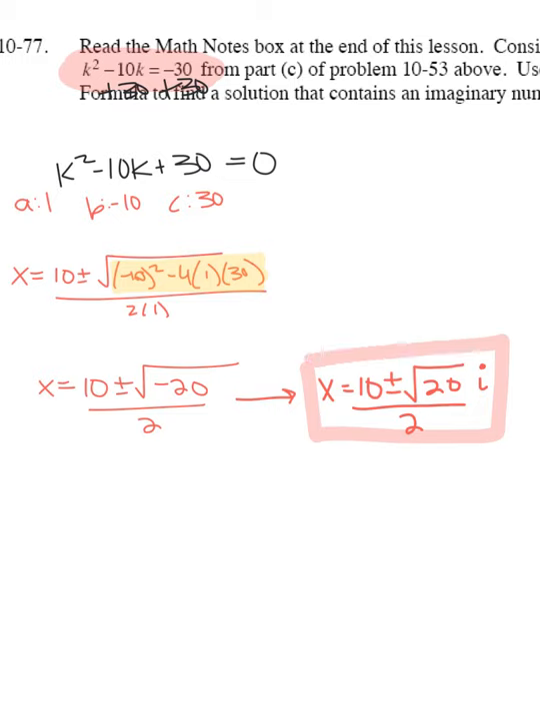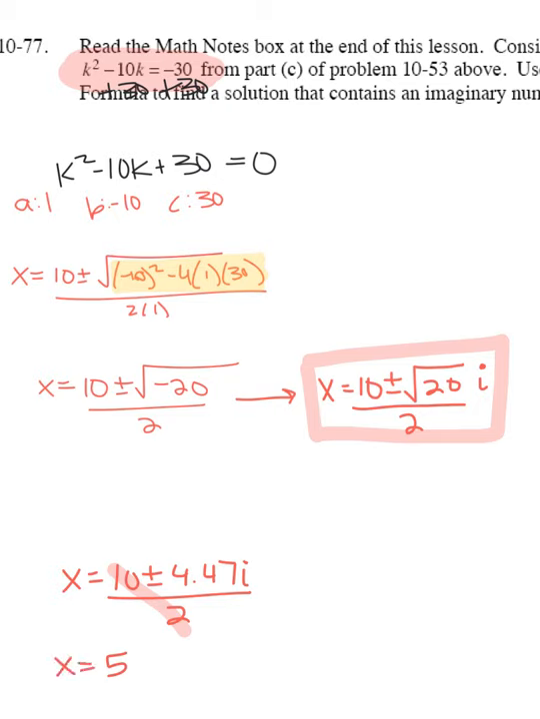Now to get a decimal form of our answer, we could use our calculator and do the square root of 20, which would be x equals 10 plus or minus the square root of 20, which was 4.47 imaginary, all over 2. You could leave your answer like this, or you could reduce it by dividing 10 by 2, which is 5,